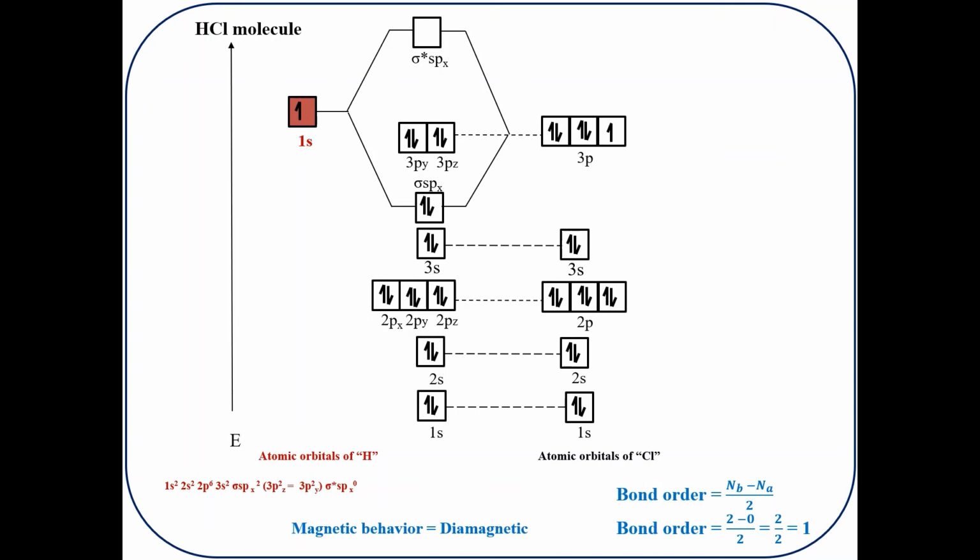This oversimplification actually ignores any ionic contribution, such as can be shown with the help of, let's say, the valence bond resonance structures having a partial positive charge on hydrogen and a partial negative charge on chlorine, or a full positive charge on hydrogen and a full negative charge on chlorine. So this is how the contribution of the atomic orbitals takes place, resulting in a stronger bond in the case of such molecules.